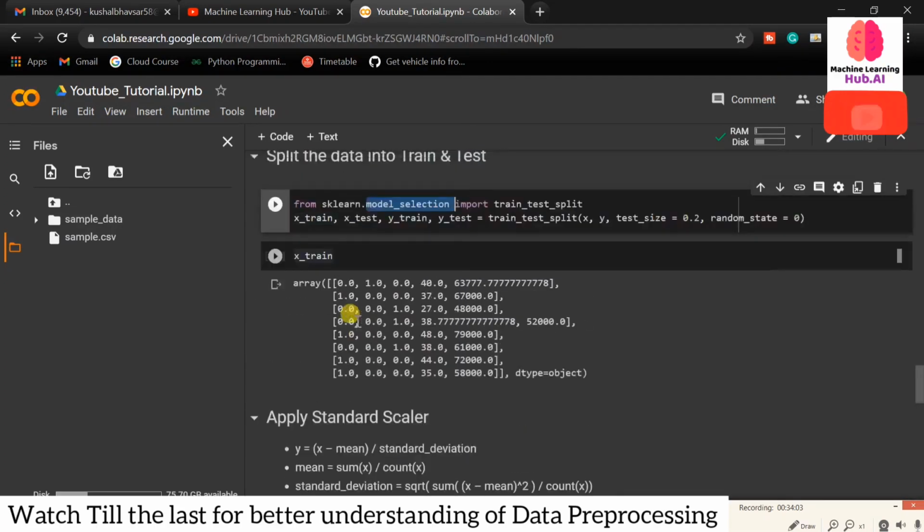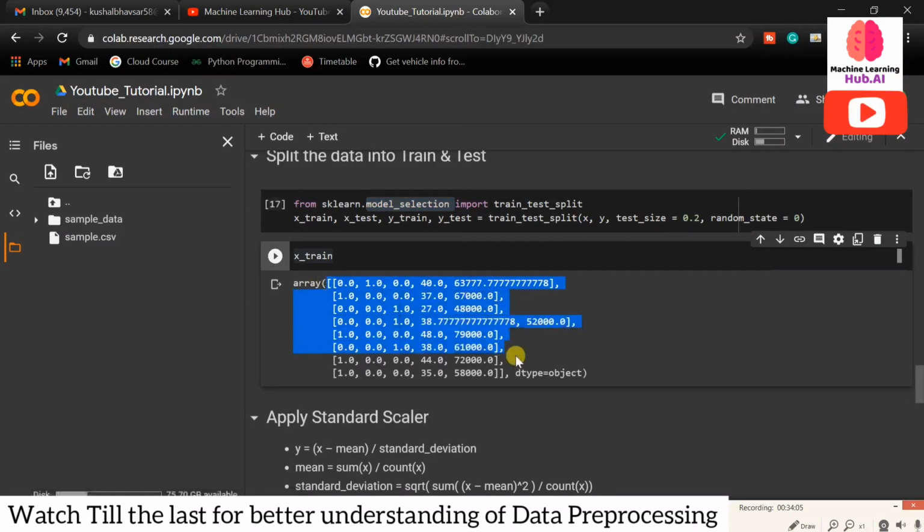Now another thing. We can see this is our data, perfectly prepared for the machine learning model. Yes, we can feed this data into a machine learning model, but still something is missing here. Let me give you an example. We can see the data in these 3 categorical columns ranges around 0 to 1, meaning the data is between 0 and 1.